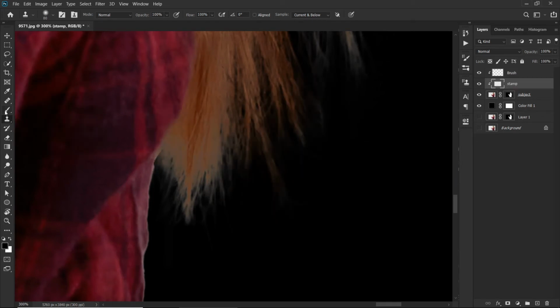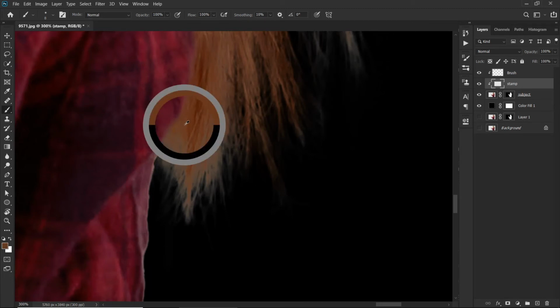Now what you need to do is simply grab the brush tool, by pressing B or simply selecting from here, and let me just reduce the size of my brush. Yeah, that looks great. And simply sample from a close region and simply paint over it. So to sample, just press and hold the Alt key, and it will show an eyedropper to you, and press left click to sample any color. So now we are going to paint. Okay, we are going to paint on this area.